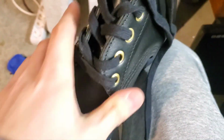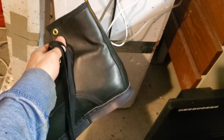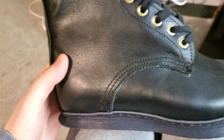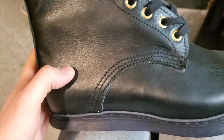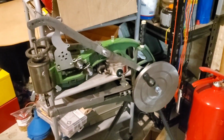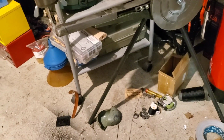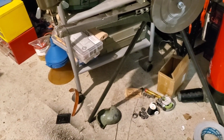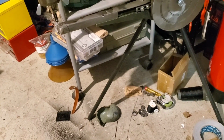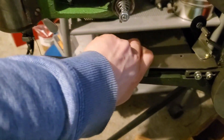And yeah, here's the back side of the boot. And yeah, there's leather stiffeners in the toe and heel area. They are some type of leather, I'm not sure, but yeah, I bought this Chinese leather sewing machine for this project, and yeah, it required a lot of help to get working. It didn't work out of the box, so yeah, there was a problem in the bottom